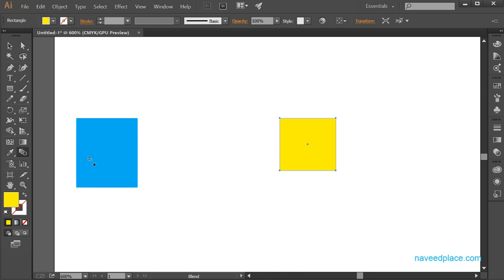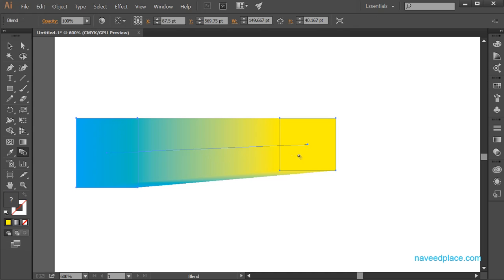So what I do, first I will click on the first object, and then I will click on the second object, and as you can see that now we have a blend. Getting me? So this is the work of the Blend tool, it blends two objects. But if you need more options of the Blend tool,